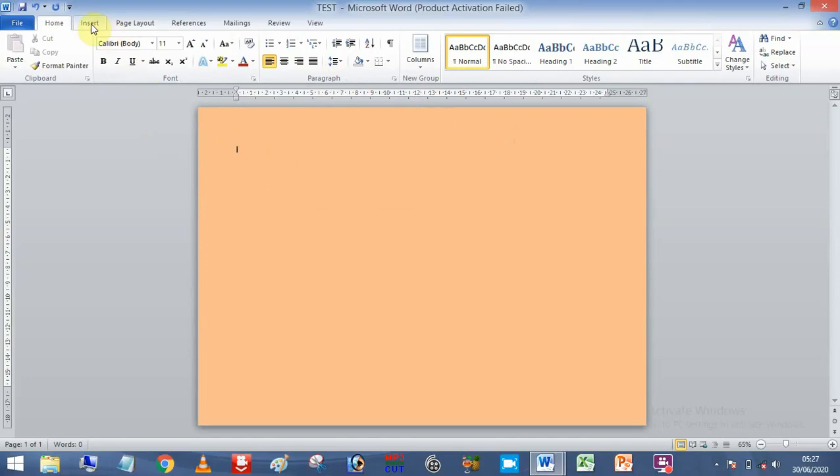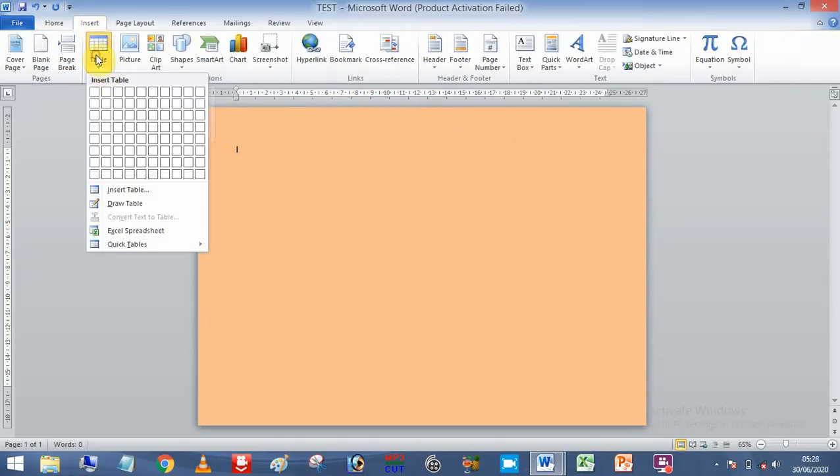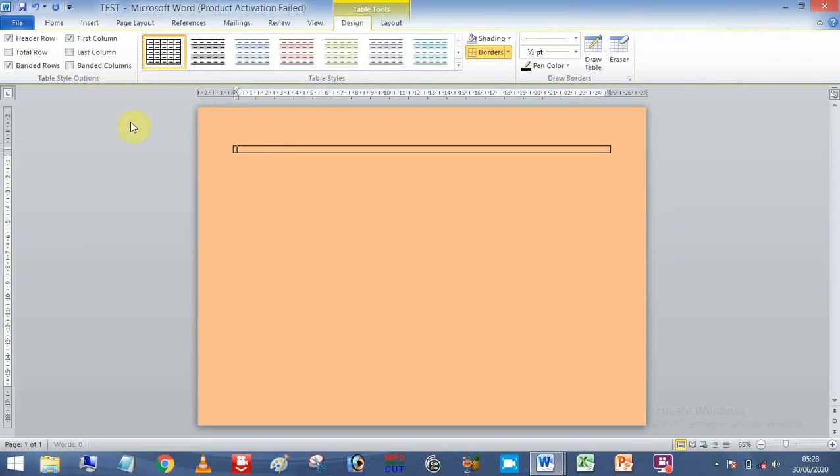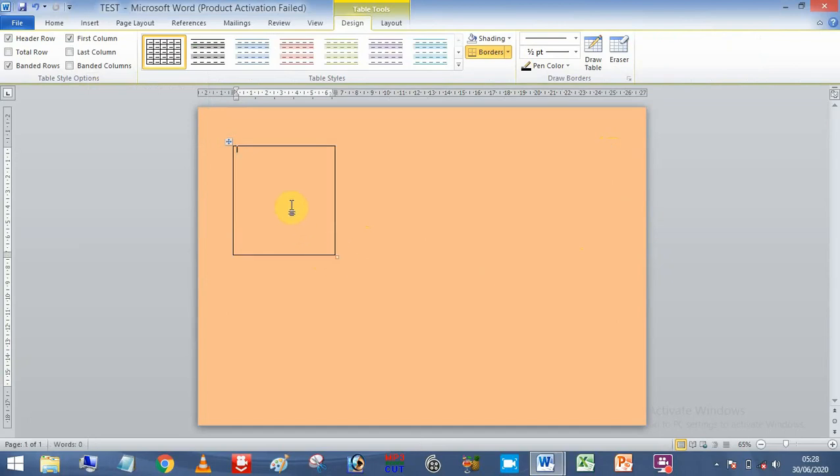A very important thing you must remember: text you can create, but for the photograph you need to insert a table, a single cell like this, and create a size like this, passport size shape. Make sure the size is 6 centimeters by 6 centimeters.